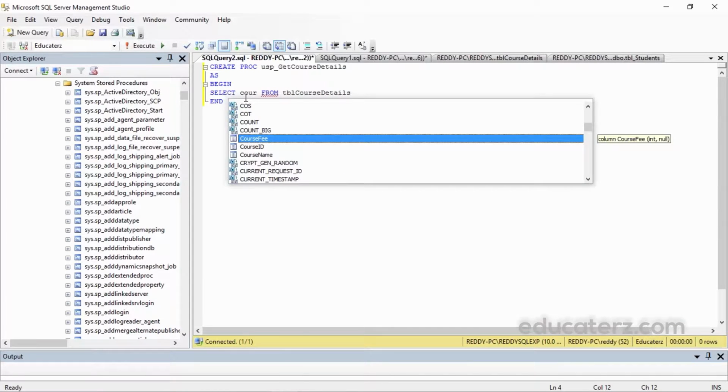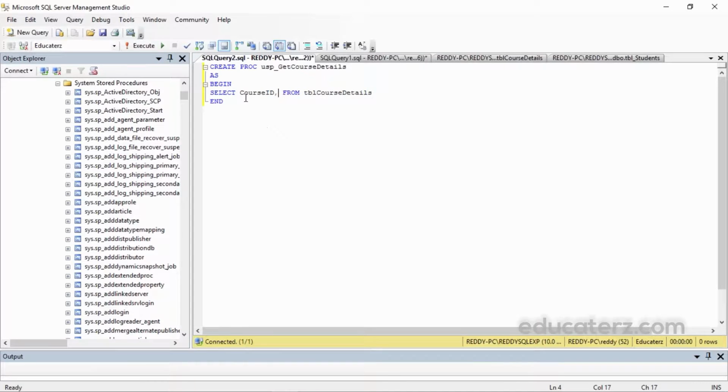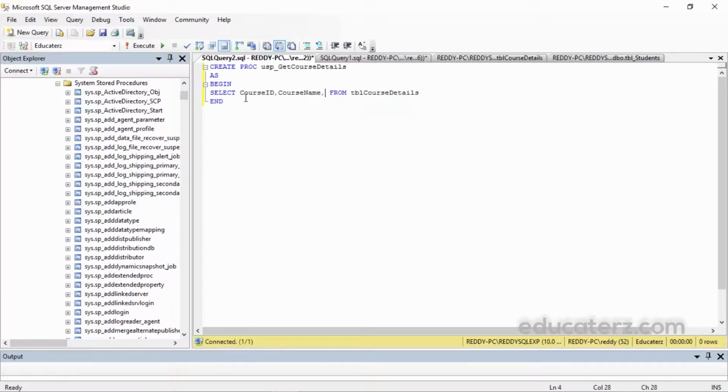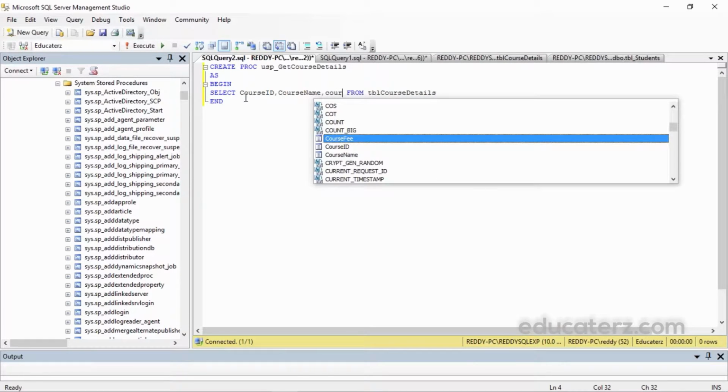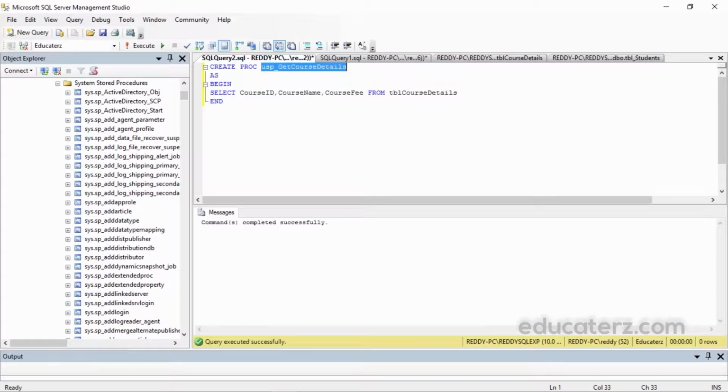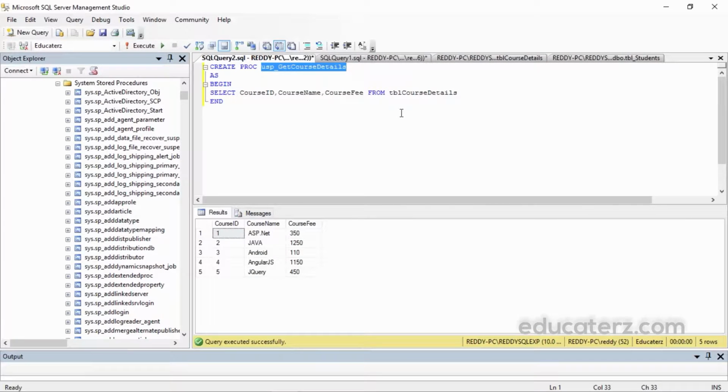Now you can see course fee, course ID, course name, and finally we need the course fee, like this. Let me create this and execute this. Now if you execute this, you can see it like this.